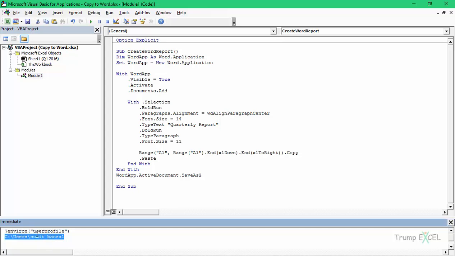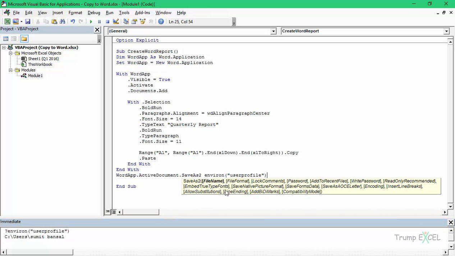Now I can hard code this, but if you're using this, it makes sense to use the formula instead, so that it'll pick the right username even in different systems. So I would copy this, and here I would use this formula, and then since I want to copy this on the desktop, I would say desktop. And now I would have to specify the file name. So let's say I call this as